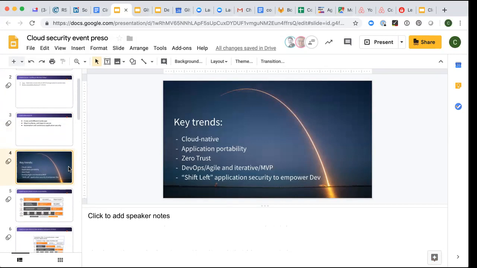So the key trends that we're addressing that kind of spark this conversation are, with cloud native comes the use of containers and Kubernetes. Those have their own attack surfaces. The applications become very portable, so with Kubernetes, you can run it on any cloud. What that means is that traditional network security really no longer, I won't say no longer applies, but its role is greatly diminished